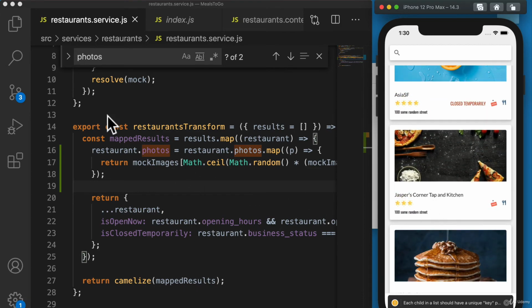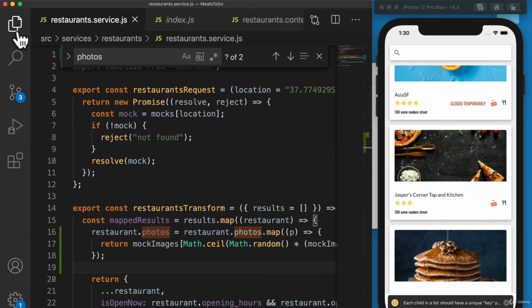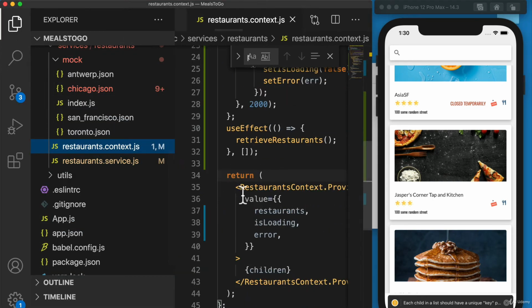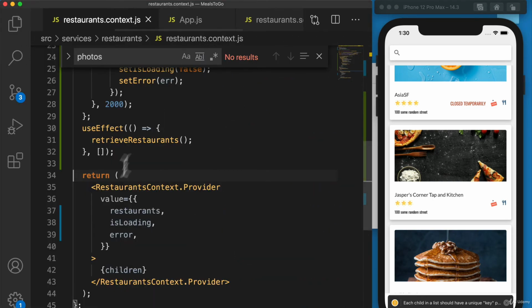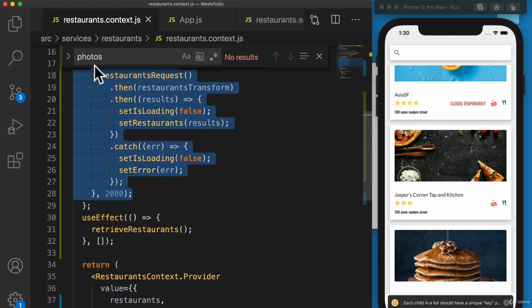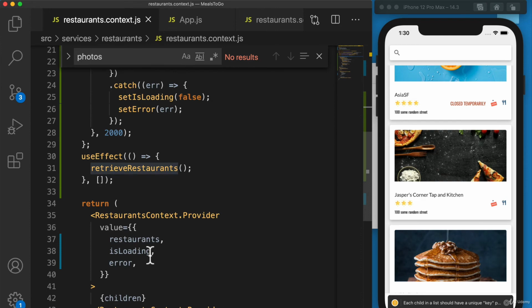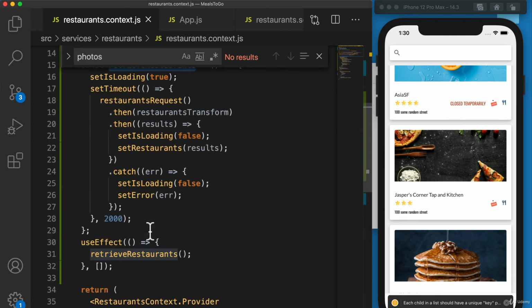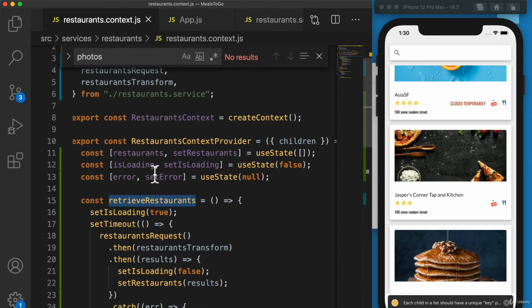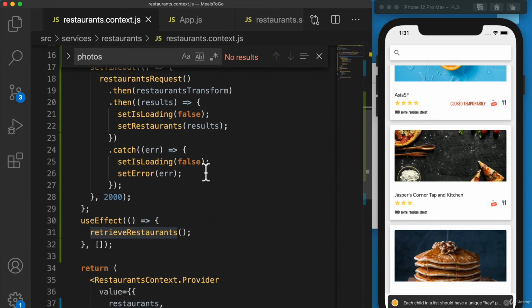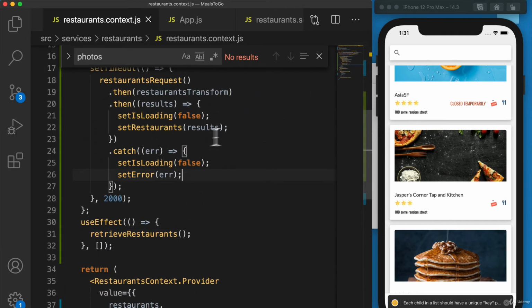And all we did was hook up our context, make sure that our context could get the restaurants from this fetch action over here, from retrieve restaurants. And that allows us to basically be able to get the information that we need, set it, and